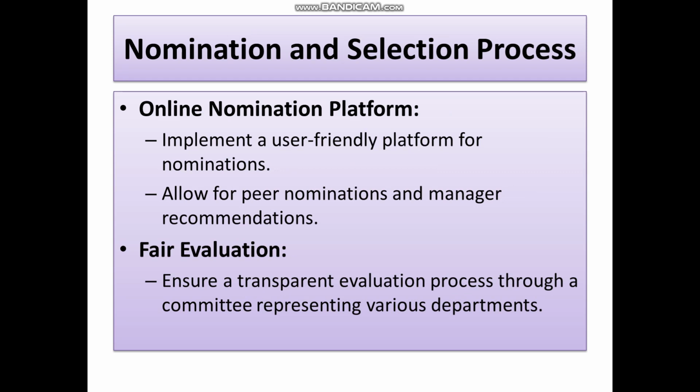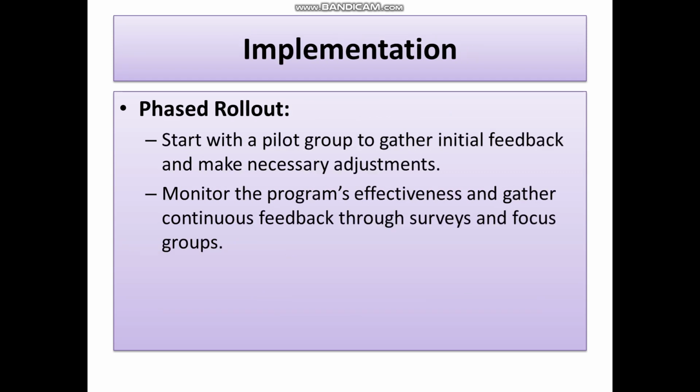Another criterion that needs to be considered is fair evaluation. Ensure that the whole process is fair, so that the rewards and recognition doesn't turn out to be a damp squib or a dampener, or it shouldn't actually demotivate the others. It should always motivate the employees. So it should always be fair. Then how do you go about implementing it? Always consider a phased rollout. Start with a pilot program to gather